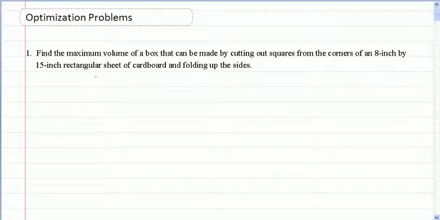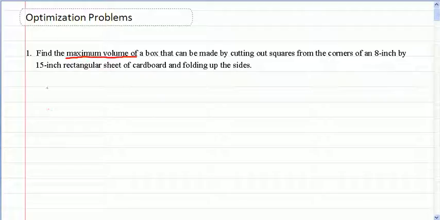In this lesson, you will learn about optimization problems. Number 1, find the maximum volume of a box that can be made by cutting out squares from the corners of an 8-inch by 15-inch rectangular sheet of cardboard and folding up the sides. So for this problem, we are asked to maximize the volume,